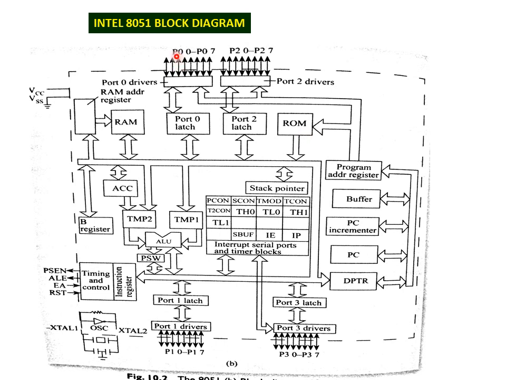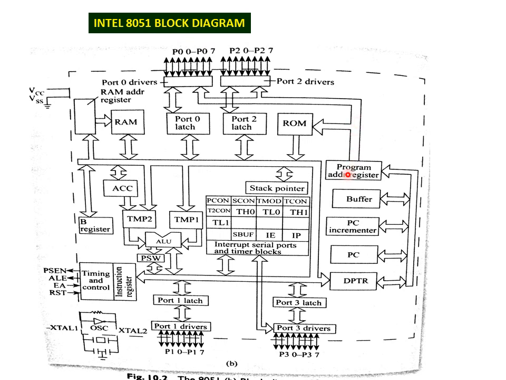Now port 0 and port 2 can form the bus. Port 0 latch contains an 8-bit register, port 2 latch contains an 8-bit register, totally 16 bits. These are the port bits. Port 0, bits 0 to 7, is completely 8 bits, and port 2, bits 0 to 7, is completely 8 bits, totally 16 bits. Using these 16 bits, the address bus can be formed. Using only 8 bits, the data bus can be formed.